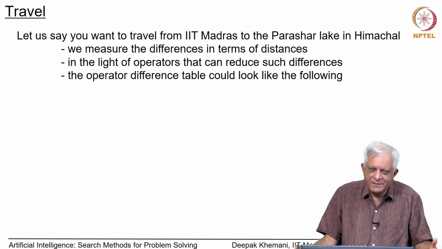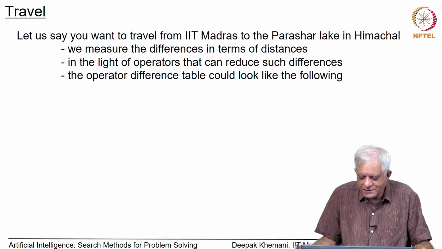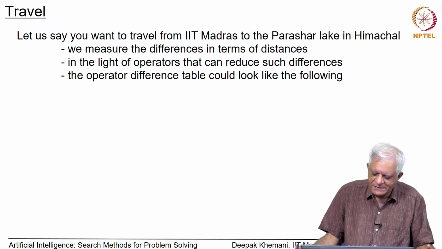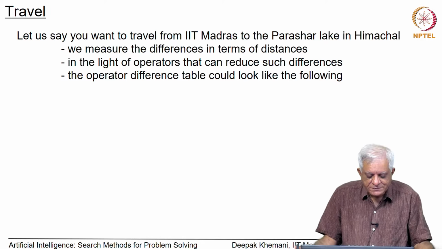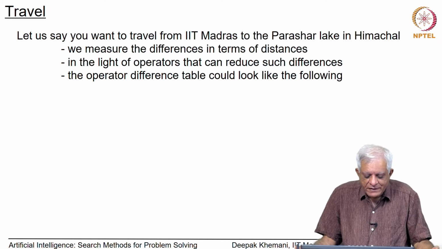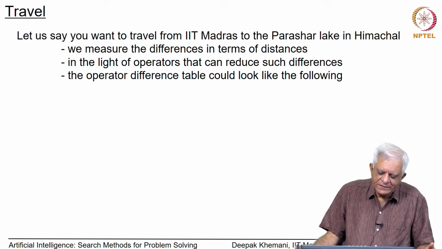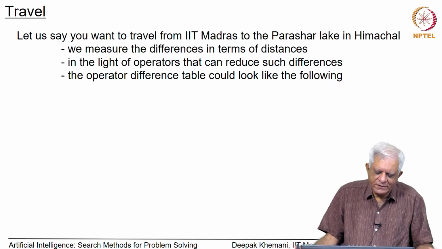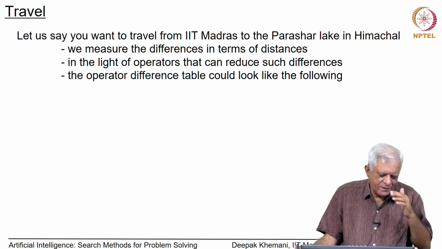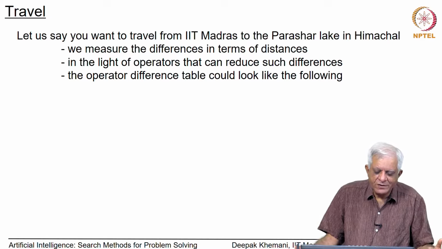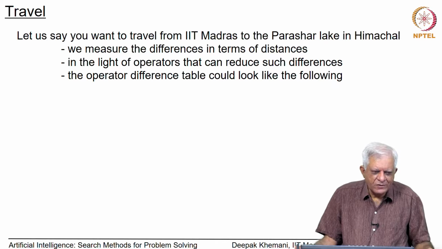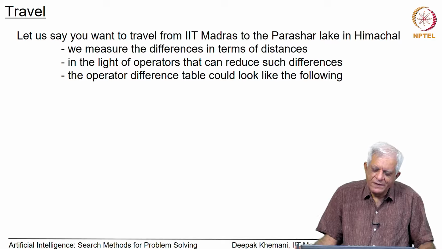And let us say that you happen to be here in IIT Madras and you want to go and visit the Parashar Lake in Himachal Pradesh, and we want to find a plan for doing that. Now, you can imagine that forward state space planning would start saying that okay, if you are at IIT Madras, I am ignoring the fact that you may have to book tickets and so on, but you go to the gate somehow, then maybe you wait for a bus or you take an auto or something like that,